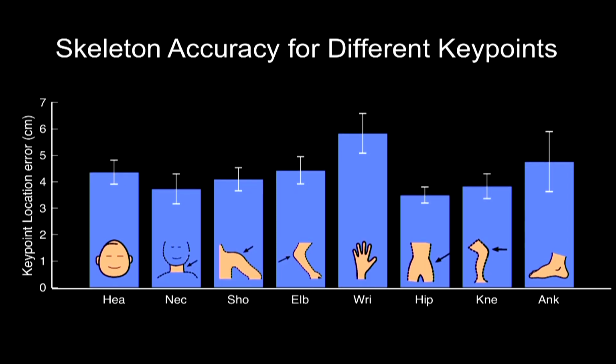As you can see, our model is most accurate for the key points that are on the human body trunk. For example, the neck and the hip. This is because of the large size of the body trunk, and there's more reflection from there. On the other hand, our model is less accurate for the wrists and the ankles, as there's less reflection from them. Our average localization error is around 4 centimeters across all different body key points. This is much better compared with the error in previous localization systems. And also, those systems only give you a single dot, whereas we give you a full human skeleton.